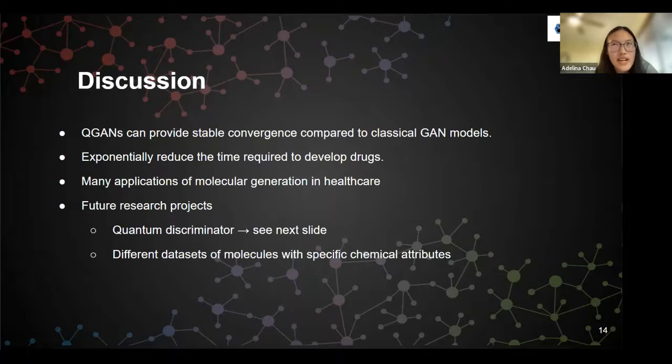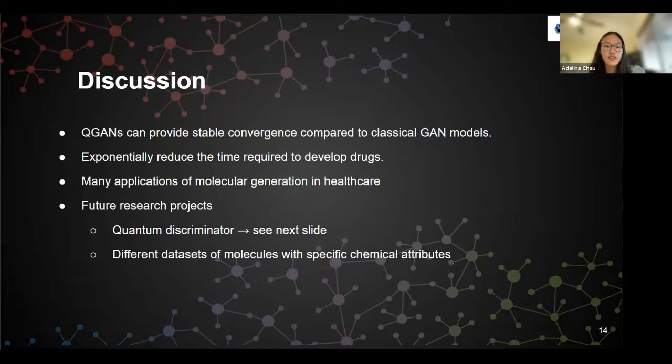So a clearer instance of this would probably be, for example, let's say you're trying to develop a drug that will target a specific protein in your body, and you know exactly the specific properties that you need your potential drug to have in order to successfully fight off that target protein. Then you can simply put together a bunch of drugs, or molecules that you know in the past have worked on a specific similar protein. You can push that through the generator, the QGAN, and the QGAN can give you more similar molecules that can